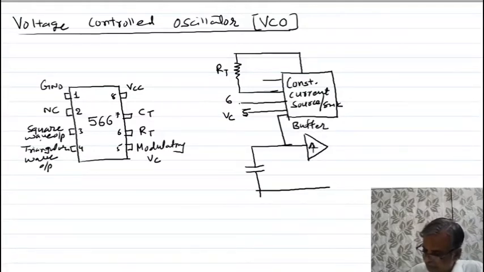Already you know what a buffer means. The output of the buffer is given to the Schmitt trigger. This is a Schmitt trigger. This is the non-inverting terminal. The inverting terminal I am connecting to the